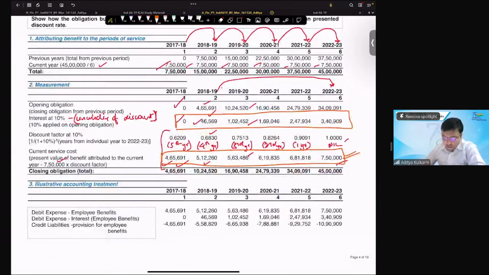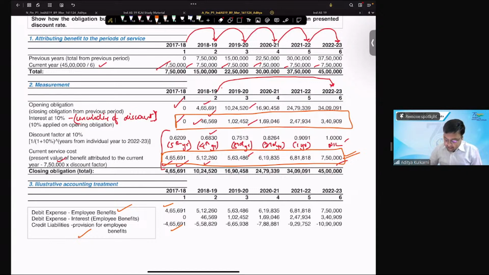So now when I have to do the accounting, sir, very simple accounting. Debit employee benefit year 1, 4,65,000. Credit provision for employee benefit 4,65,000. That is first year. Sir, in the first year there is no interest. Sir, why? Because there was no opening balance. It is the first year of obligation. So no opening interest. No interest on opening balance. So current obligation